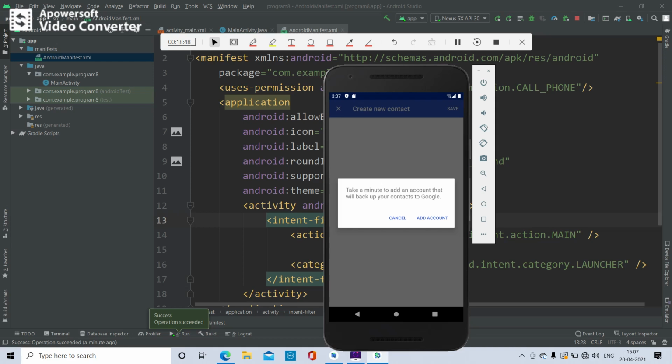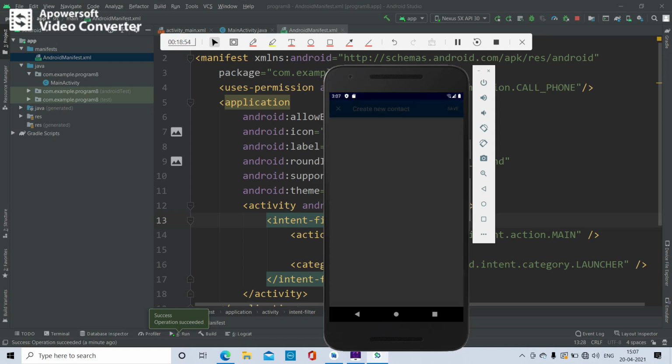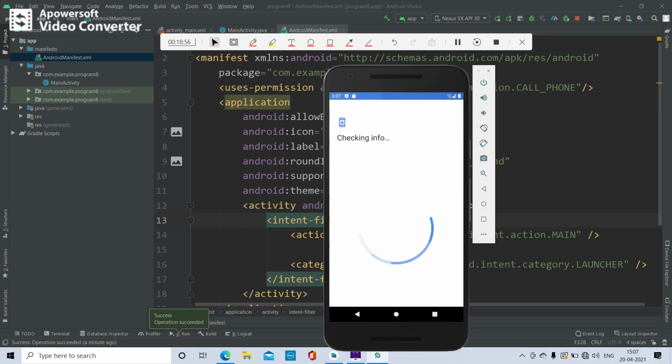It is going to create a new contact. You have to select add account. It is giving the account name as unknown, and it needs to save the telephone number to the contacts of the mobile.